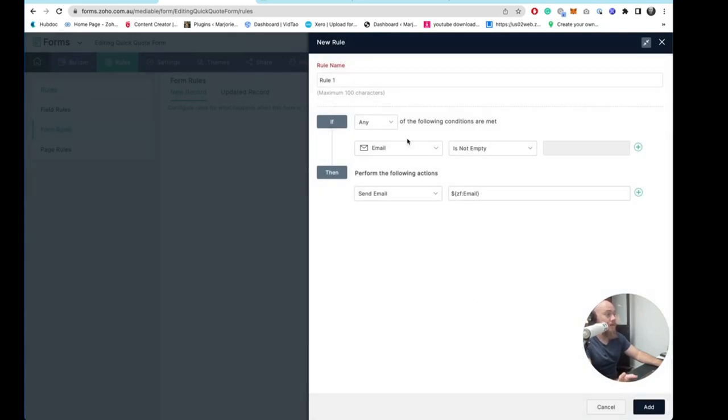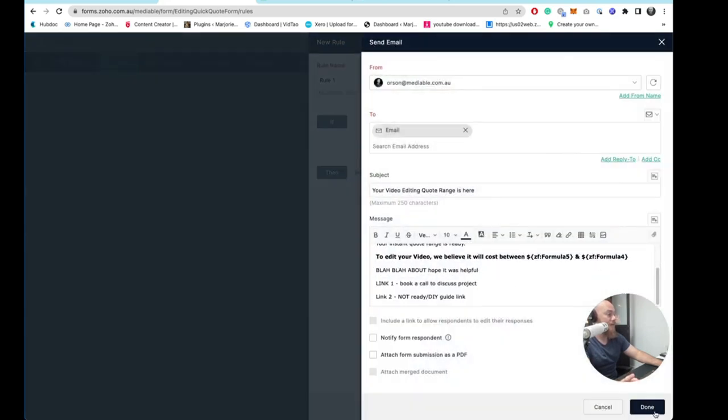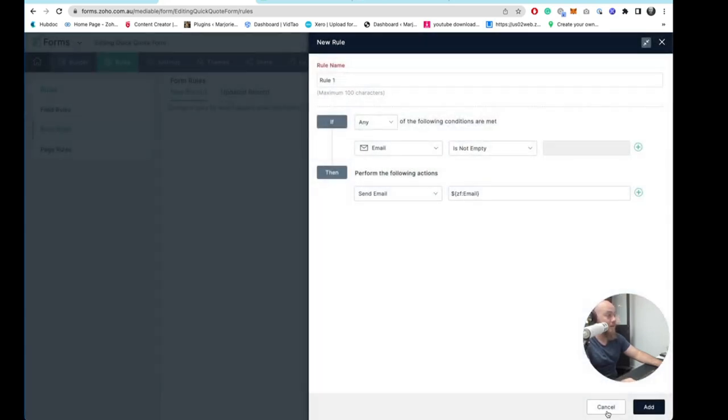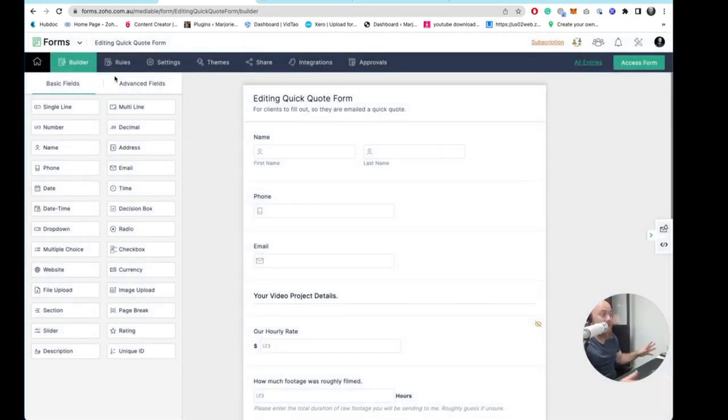So now whenever they fill out, make sure the email's filled out, it will send them an email based on their formula, based on our formula we've just created there. So that is pretty cool. So now we've got ourselves an email rule builder. That's pretty much it. Actually, I'll go into other great things about this, but first I want to say this